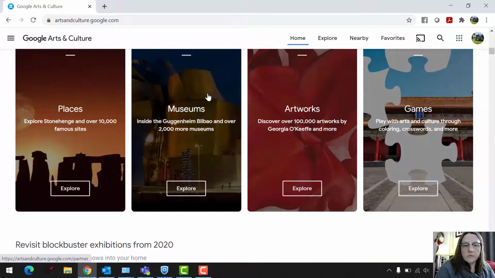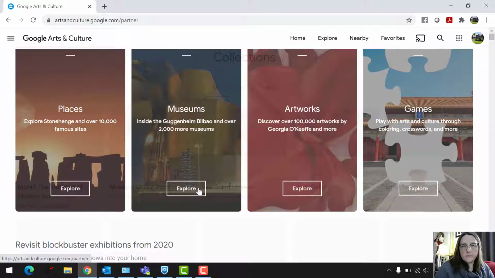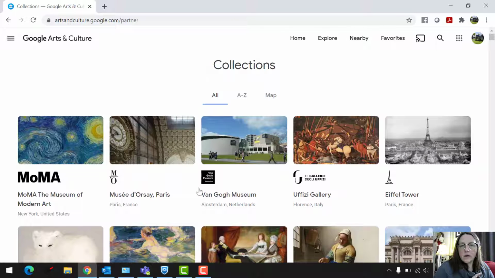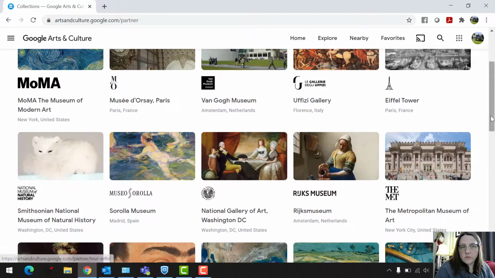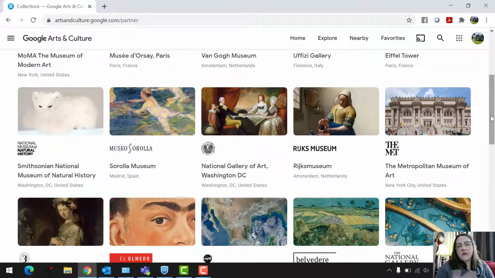And then we have museums. So these are a ton of museums, and you can click on any one of these and it'll take you into some exhibits for these museums. So, people aren't traveling around the world right now. So this is a great way to be able to see what's going on in these museums at the moment,